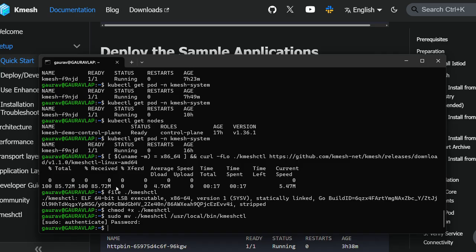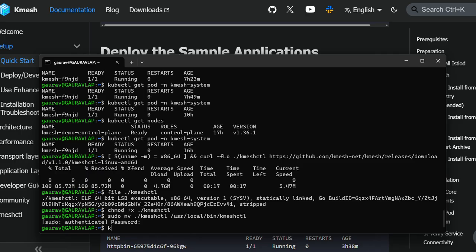Now here's the one thing that actually turns on Kmesh for our workload. Kmesh isn't touching anything in your cluster. It only manages pods that live inside a namespace we have opted in. We do that with a single label.